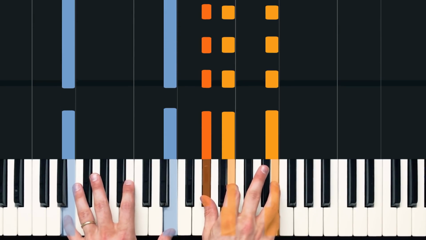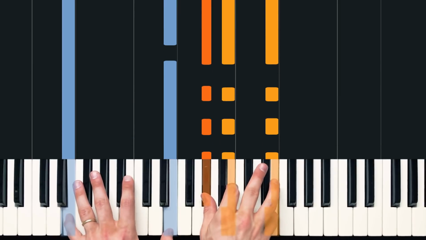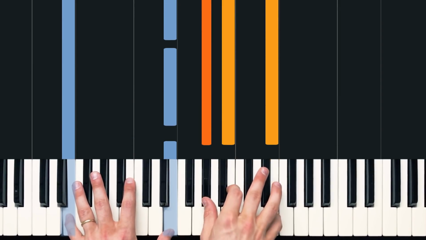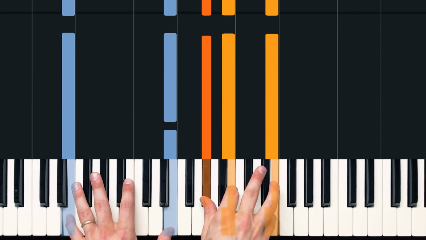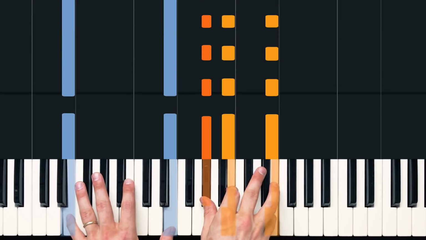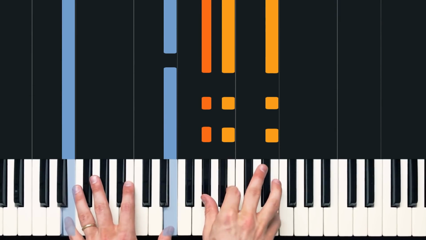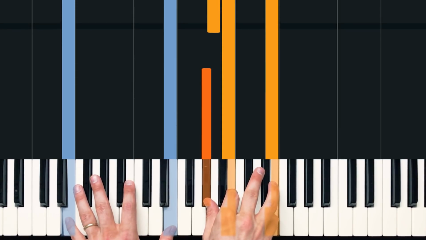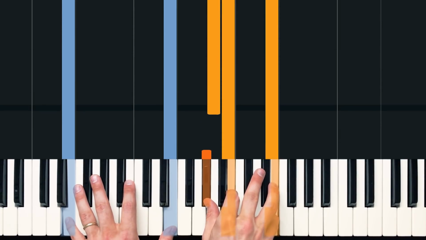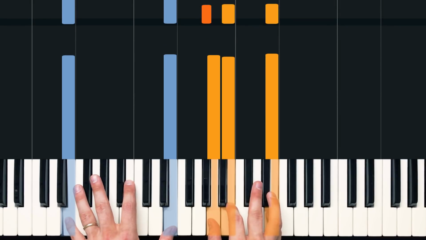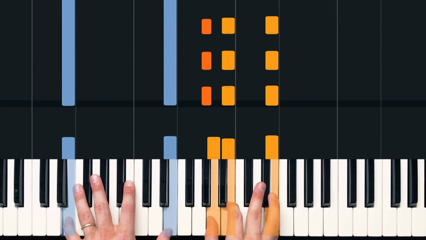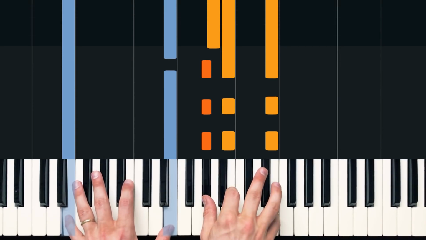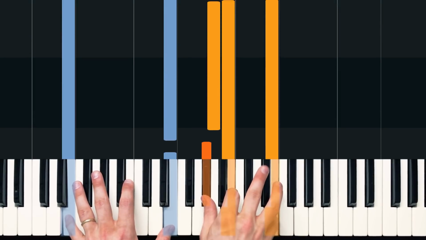Now once we get to beat 4, we're going to do a little extra part right at the end here, on the and of beat 4, so 1, 2, 3, 4, and we're going to restate this E with our thumb in the left hand. 1, 2, 3, 4, and. Then on the E of beat 4, we're going to play an A with our thumb in the right hand. That'll sound like this. 1, 2, 3, 4, E and